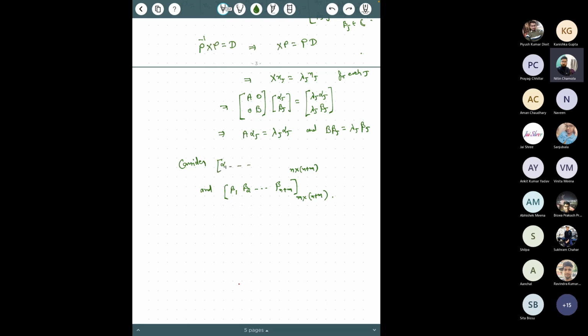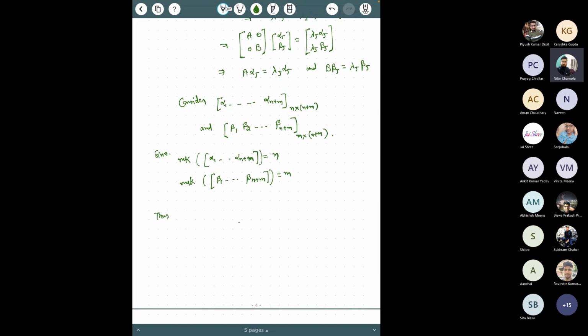So what I was saying is that out of these n plus m alpha j's, not at least n, exactly n alpha j's are linearly independent. Similarly, m beta j's are linearly independent, and therefore we can find a complete set of eigenvectors for A, and similarly a complete set of eigenvectors for B, and therefore we can say that A and B are diagonalizable. So, since rank of alpha 1 to alpha n plus m is n, and rank of beta 1 to beta n plus m is m,